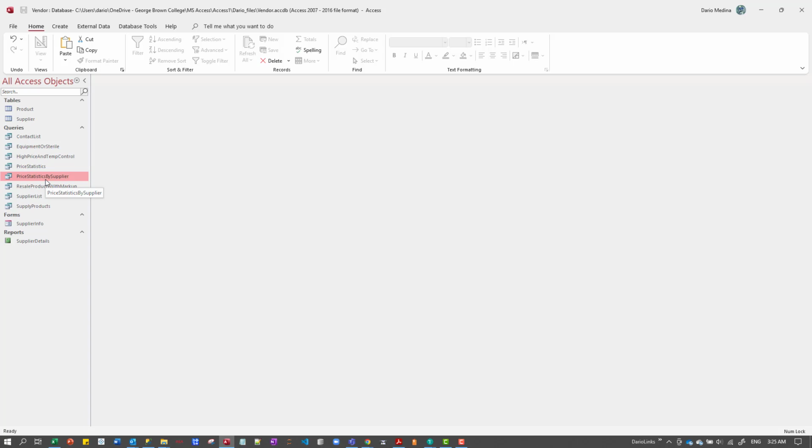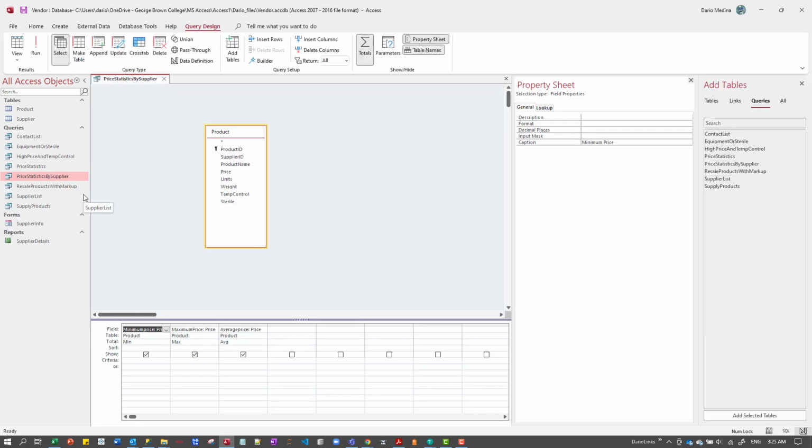Now step 14 goes: modify the price statistics by supplier query so that the records are grouped by the company field in the supplier table. How do we do that? We have to open this in the design view. Right click. Now what we have to do is to group this by the company field. But the problem is we don't have the company field here, right? The company field is in the supplier table. Do we have company here? No, we don't. So then I'll just drag